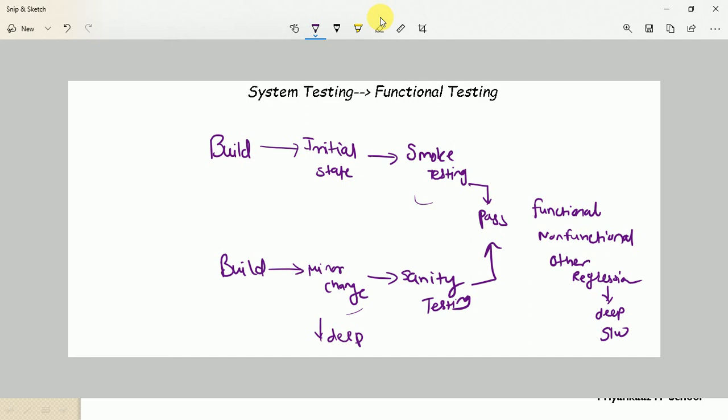Before testing the functionality of the software application, that is functional testing, we should focus on the build, or the testability of that build. Whether the build is testable or not. That's the reason why, to perform functional testing, we should first understand the build. We need to test the testability of the build, nothing but the build verification test.